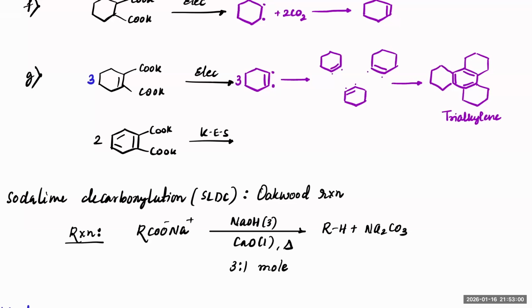Similarly, in case you have a benzene and you take only 2 moles of it, first I will get the benzyne form. This dot and dot is nothing but a benzyne form. 2 moles of benzyne intermediate, and the benzyne intermediate will terminate here. If you have 2 moles, they will terminate like this, forming a cyclobutyl ring like this. So this is called di